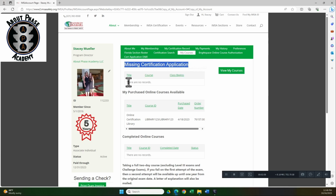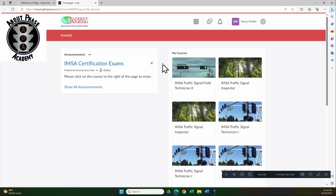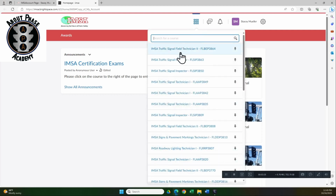So what happens is if you're enrolled for a Tech 1 and an Inspector back-to-back, the system's forcing you to do both certification applications. So if you have missing information on this button, look over here to the left and it's going to tell you what you're missing. If you're missing your Inspector application, go back to Certificate Application DNR and just do it. I don't know why they do that. Once you finish that stuff, you're going to come over here to View My Courses, and it's going to pop open another page. Again, my pages look wildly different than yours, so don't freak out that mine has this much in here. You're going to find the course that you're doing with me,